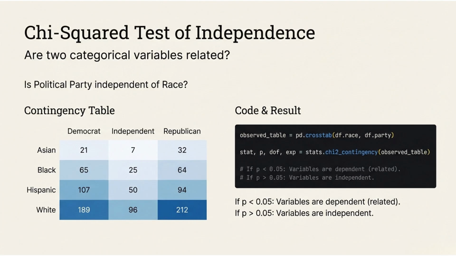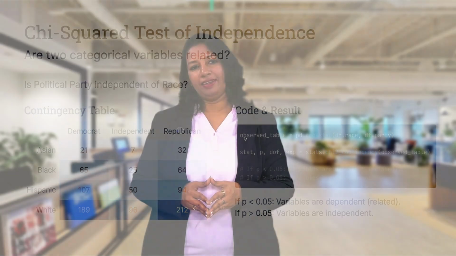The decision rule is simple. If the p-value is less than 0.05, we conclude that the variables are dependent, which means there is a relationship. If the p-value is greater than 0.05, the variables are considered independent. This test is extremely useful in sociology, political science, healthcare studies and business analytics, where relationships between categorical variables are